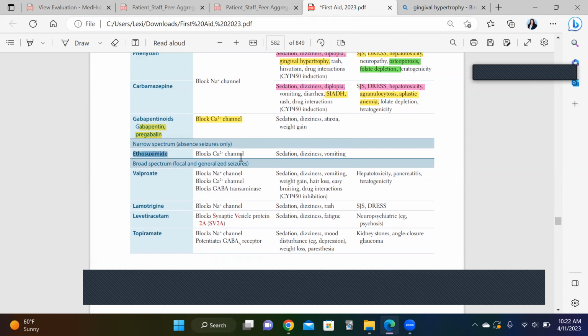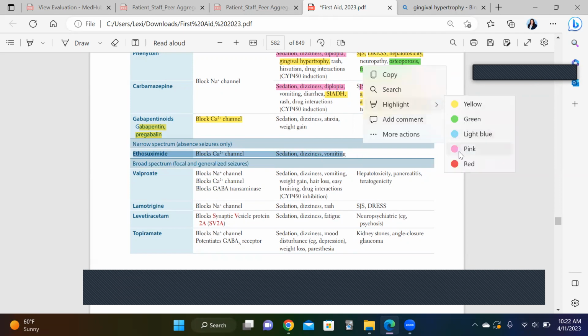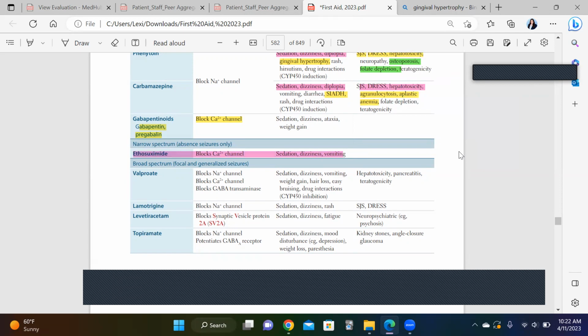Ethosuximide is a really, really easy one. What does it treat? Absence seizures. The only thing you need to know about it is they're going to talk about a kid who has ADHD, but now his teachers are noticing, even on his ADHD medicine, he just stares out the window for 5 minutes. And then they see those specific spike waves, and they start talking about this very specific EEG finding. And the answer is going to be ethosuximide. Okay,